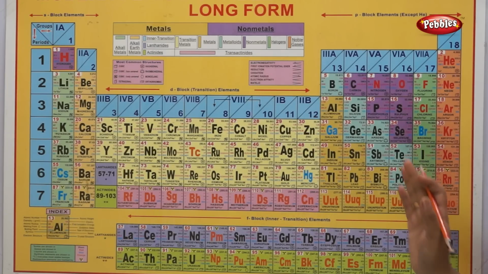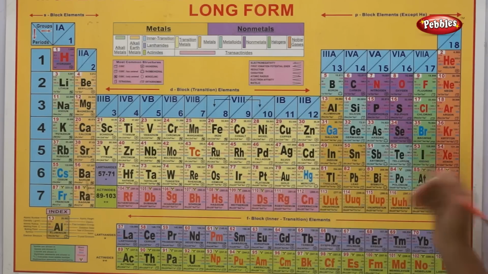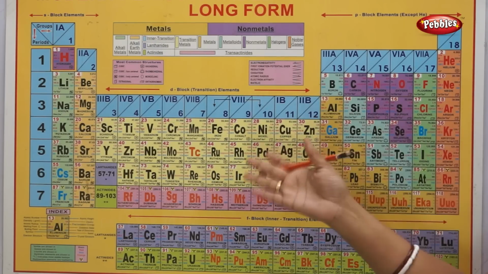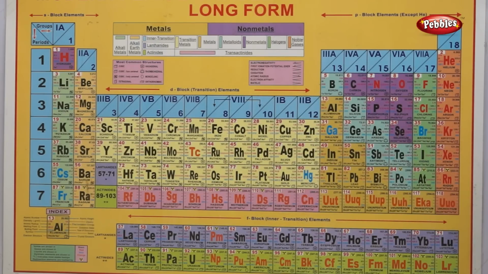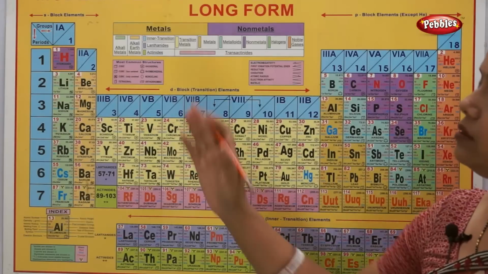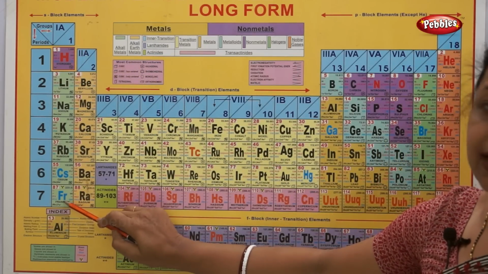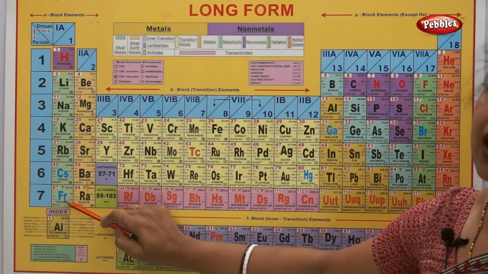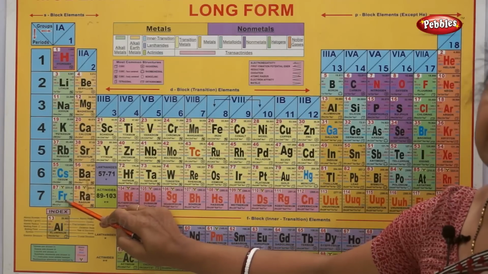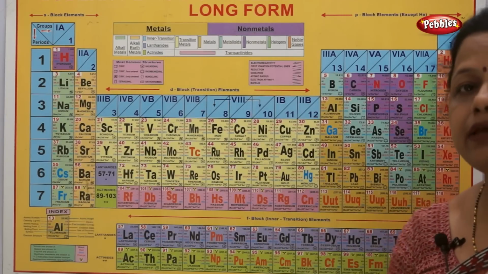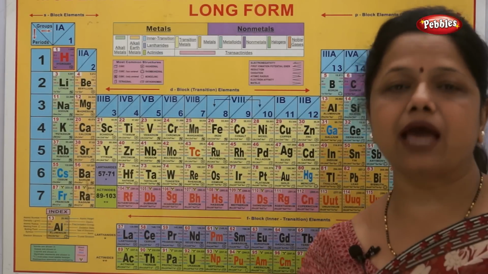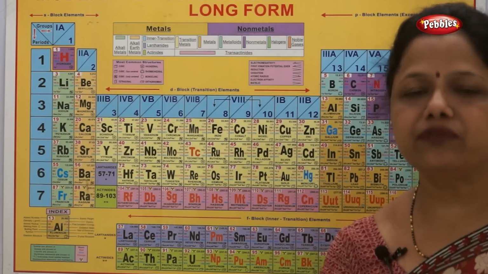Now we are going to see how we are going to calculate the valency from any of the element. What is valency? Valency is the combining capacity of an element. Now if I say how many electrons are present in the last orbit, in the first group you can see, as I said, the first group will have last orbit same number of valence electron. But when I am saying using the words valence electrons and valency, there might be some difference in that.